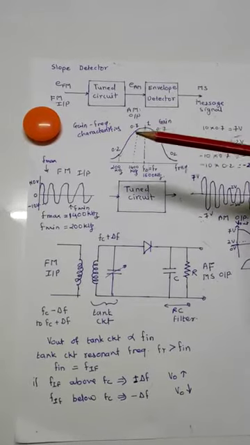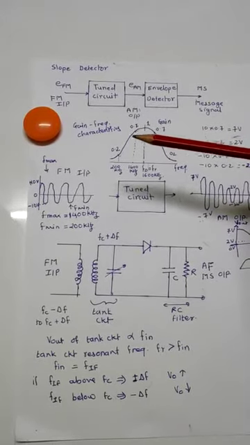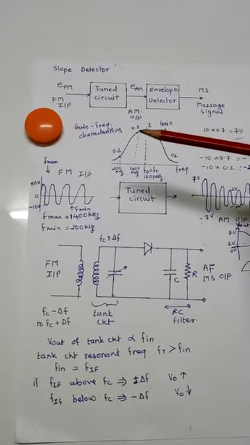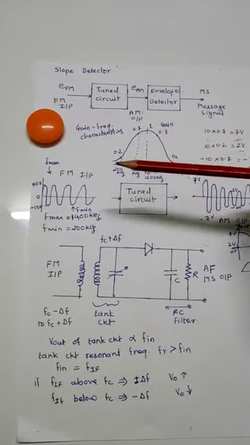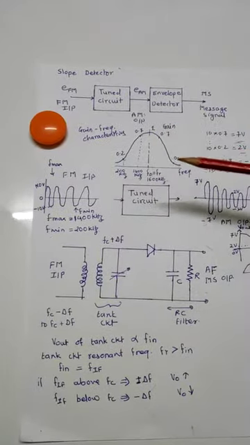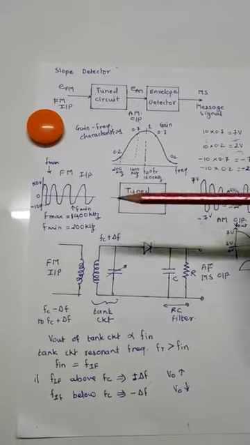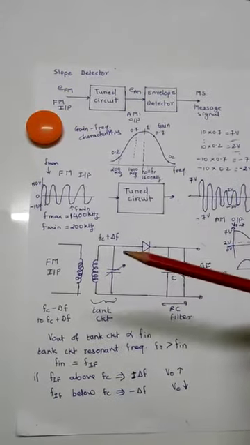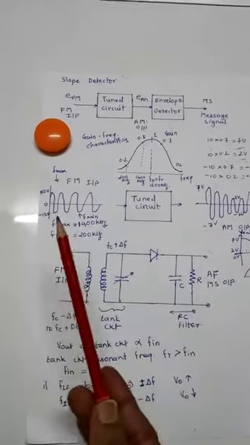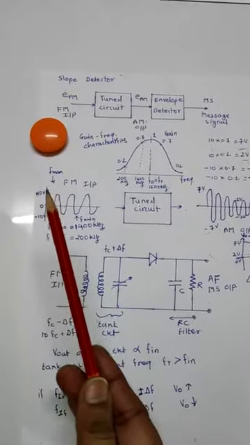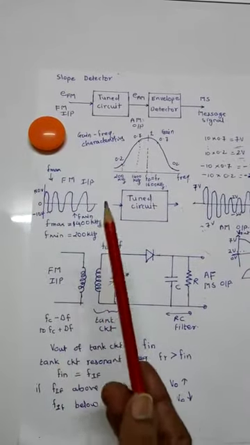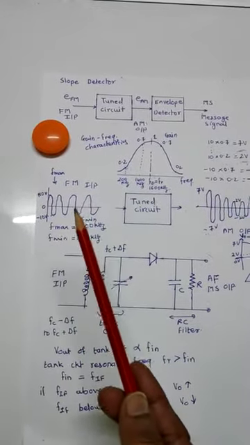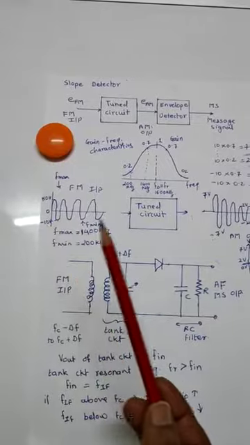So the signal may get attenuated to 70%, 20%, 30%. So these values, 0.7, 0.2, act as multipliers in this tank circuit when we pass the FM signal through the tank circuit. In this FM signal, this one is the F max frequency, here is the F min frequency, and the amplitude of this